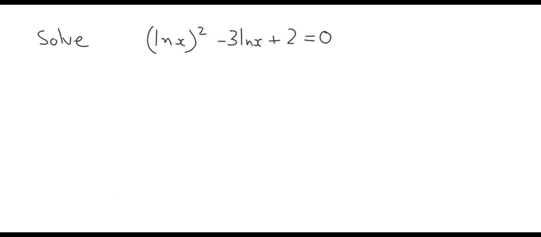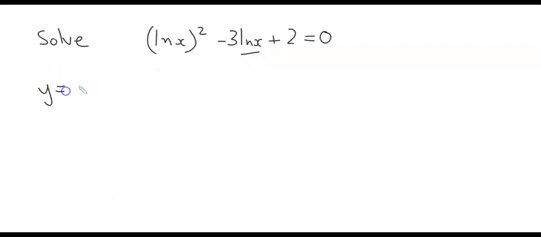Let's look at another question now. So we want to solve (ln x)^2 minus 3 ln x plus 2 is 0. And again, this should remind us of a quadratic. And we're going to use a similar method to the previous question where we just take a relevant substitution. So we're going to look at the second term again, and that will help us in